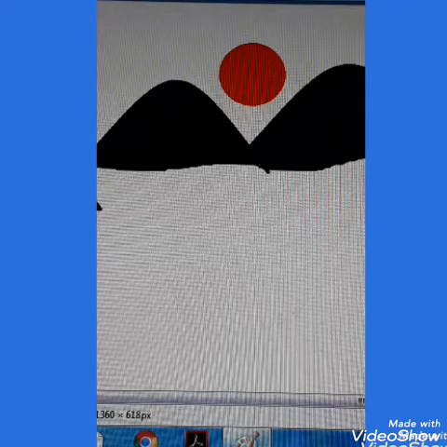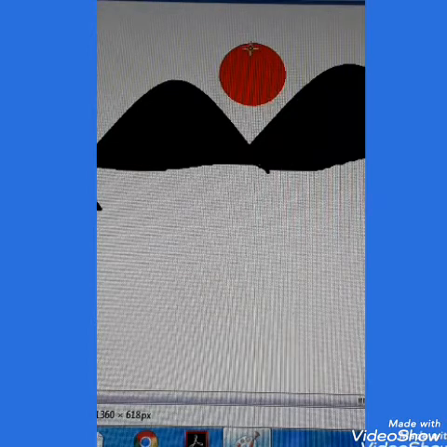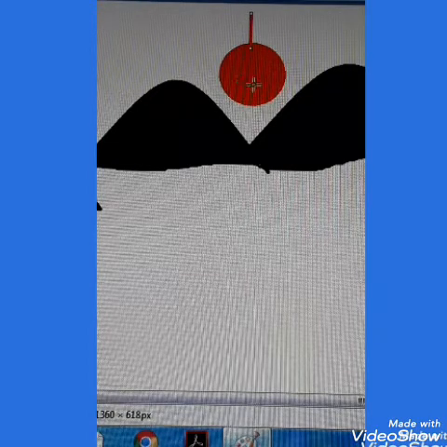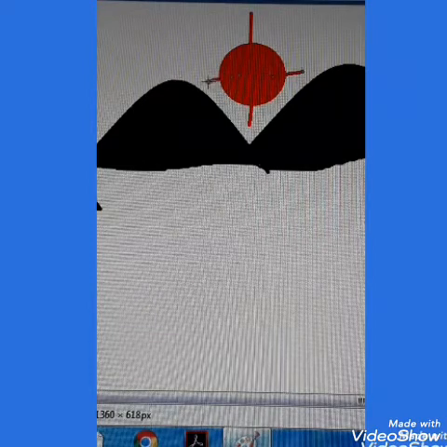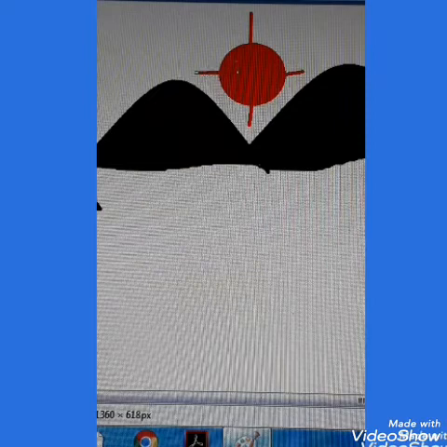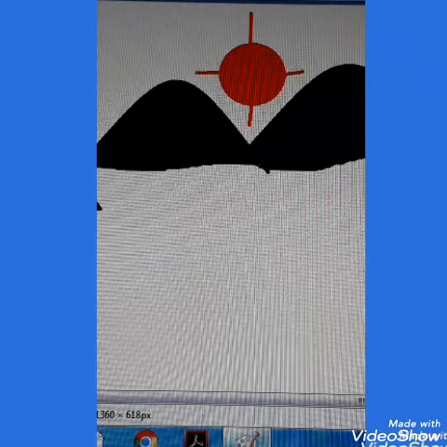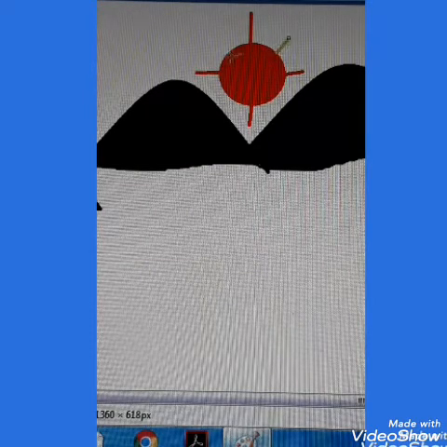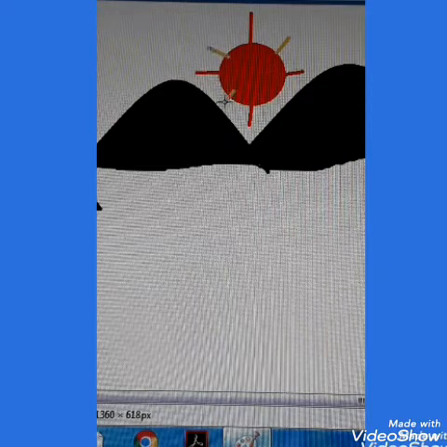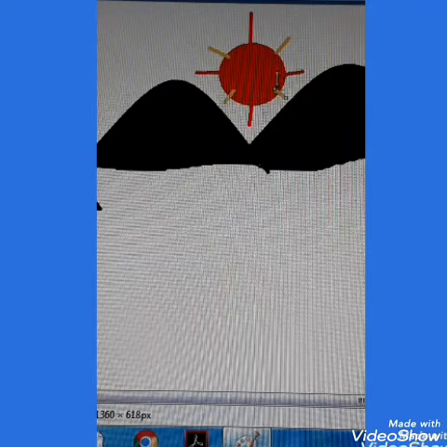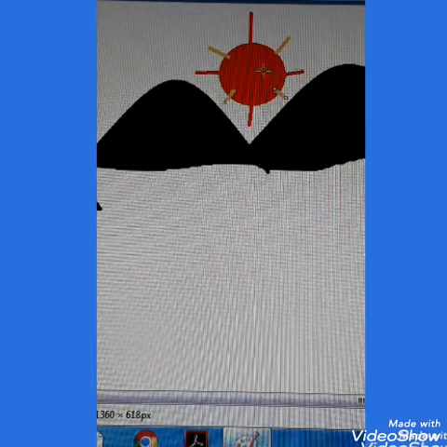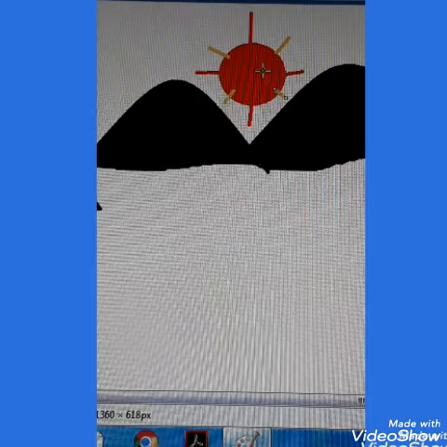For that you can take the brush tool, pencil tool or line tool, whichever you are comfortable with. Randomly you can draw. Now you can take yellow color and do the smaller rays. This is up to you, children. However you want, you all can do the rays. Of course it will not come out so beautiful, but okay, you understood now, this is the sun. Okay, that's enough.